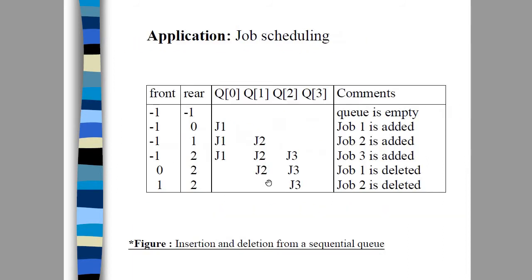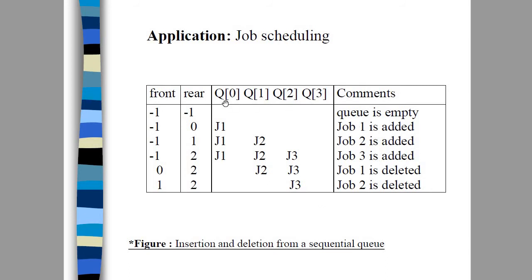Where can you use the queue in real time? For job scheduling. In computers or network routers, when data packets are moving one by one, router queues are used. Or in the CPU pool, or in cloud systems, jobs have to be completed one by one, meaning they will be in a queue.